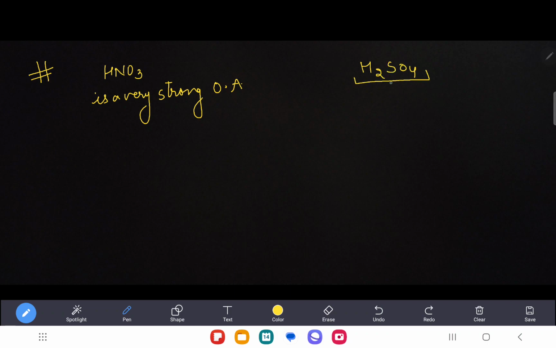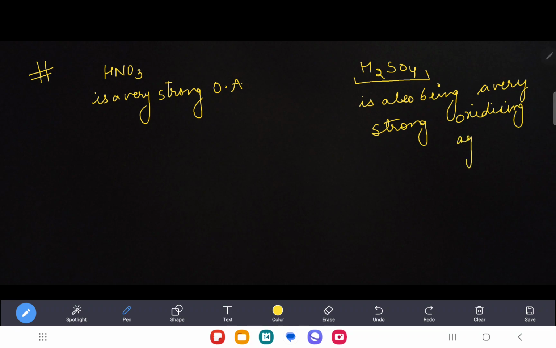So for example, when I say HNO3, you have to understand that HNO3 is a very strong oxidizing agent. And the same is the case with H2SO4 as well. What is H2SO4's nature? H2SO4 is also a very strong oxidizing agent. You understand? So basically, what exactly happens is that when we are talking about